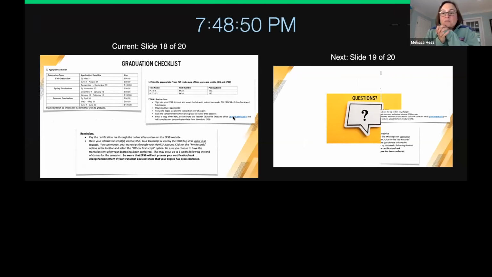Right now, a good amount of you are licensed through option 6, but as soon as you are finished with the program, you will no longer be option 6 licensed. You will need your full teaching license. To get that, you are going to pair 2 things together. One is your diploma from us, you completing our program. The second thing that you need is your PLT. That PLT is your exit Praxis.